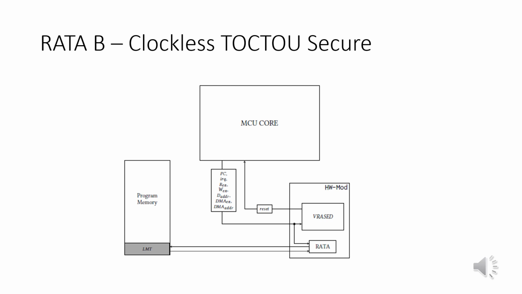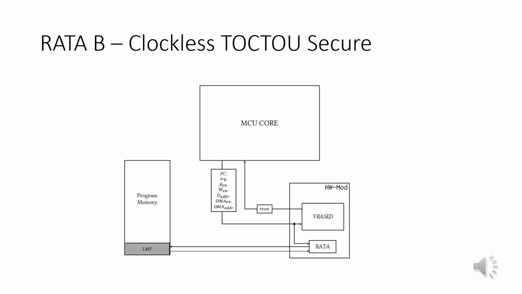We now describe RATA-B, a TOCTOU secure technique that requires no clock on the prover. We apply the ideas from RATA-A by using hardware to convey authenticated information about the time of the latest memory modification as part of the attestation result. However, the lack of a real-time clock prevents any notion of time on the prover. To cope with this, we rely on the verifier to convey information tied to a given point in time, according to the verifier's own local clock. This is done as part of the RA request algorithm.